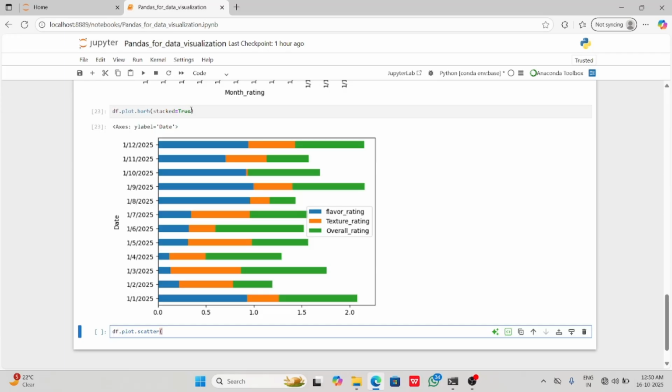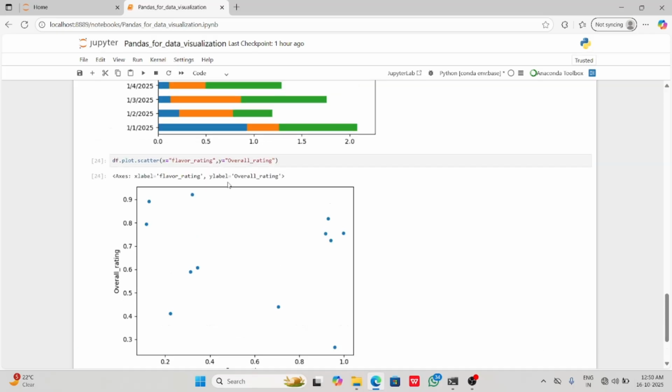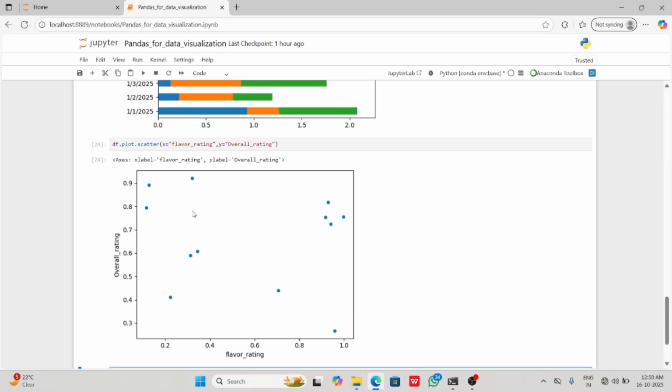So in that case I will write df.plot.scatter, and you also need to write what you want on the x-axis and what you want on the y-axis. For example, on the x-axis I want to take a flavor rating. In that case you will write here flavor underscore rating, that is the name of your column, and on the y-axis I want the overall rating, so overall underscore rating. If I run it, you can see a beautiful scatter plot has been created, but you can see that